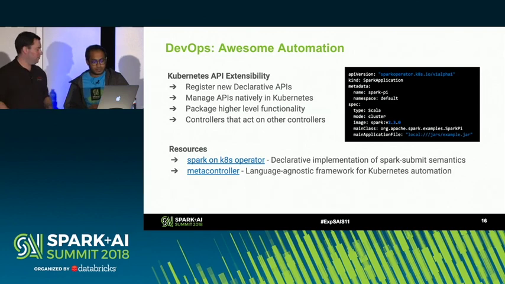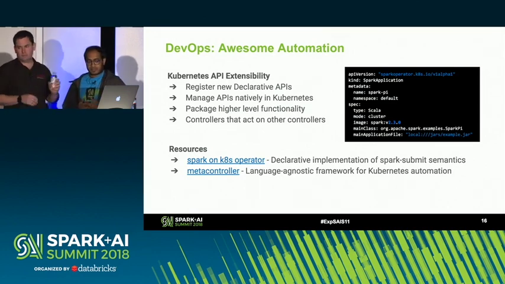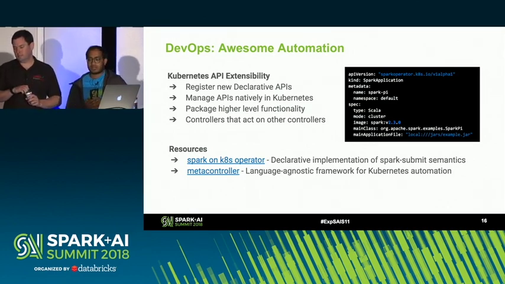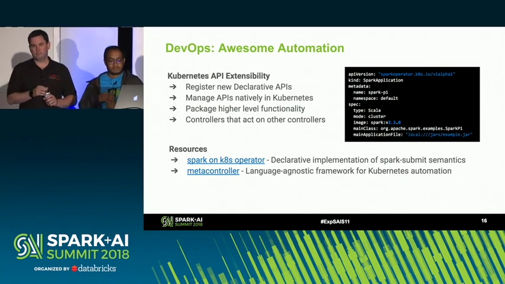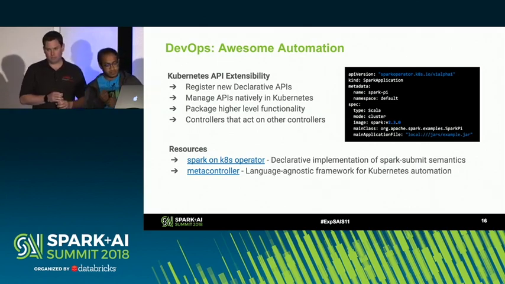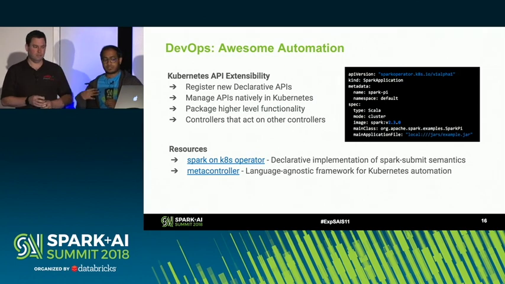Yep. So this is building further on the custom controller pattern that we were talking about. The Kubernetes API, the way it is structured, lets you build controllers that act on other controllers. And I'll detail in a minute what that helps us do. So when you declare a new API that can itself have a control loop that creates other controllers, other complex applications, you can create higher level concepts for yourself.